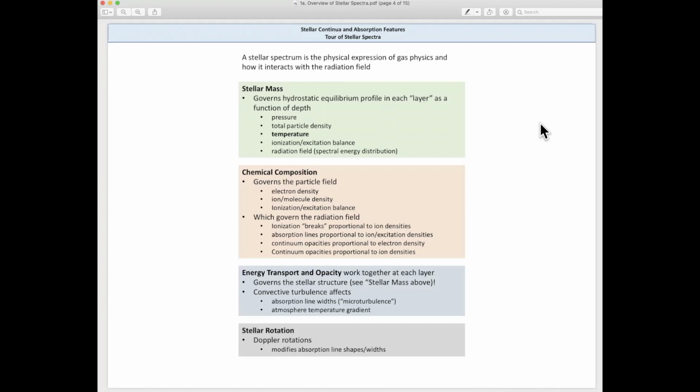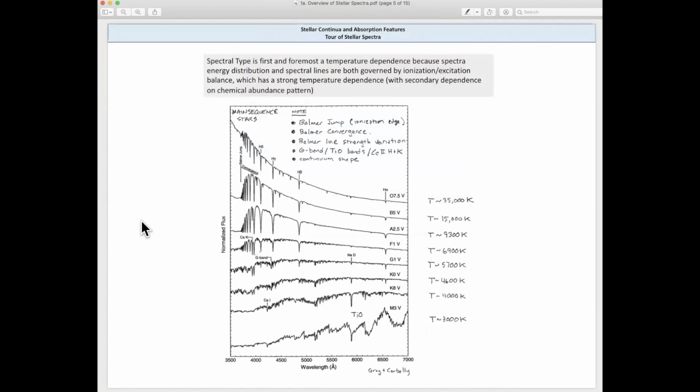But today I want to end up with an introductory tour of spectra. I think all of you at some point in time have been introduced to spectral classes or spectral types, O, B, A, F, G, K, M, and understand on the HR diagram, you've been introduced to that. So I sort of started there at the beginning of the lecture with the HR diagram, didn't explain it in a lot of detail, but